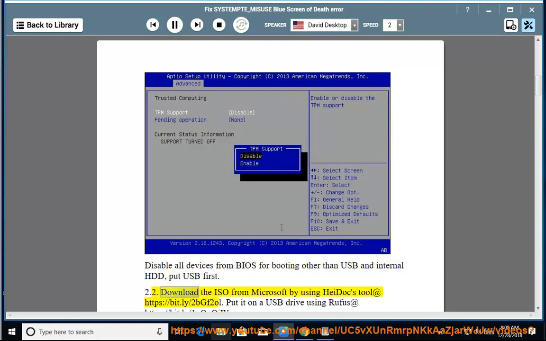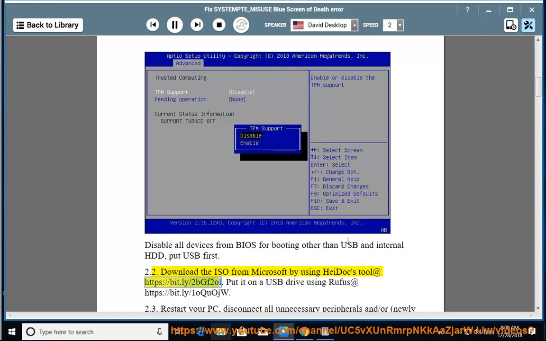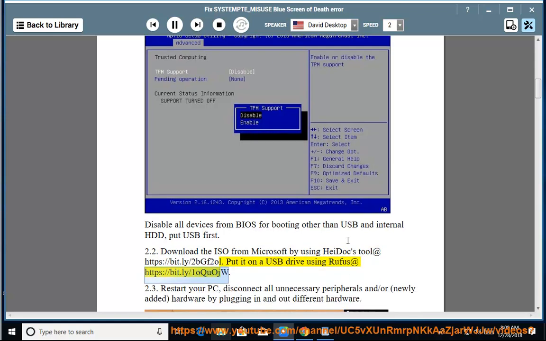2.2. Download the ISO from Microsoft by using the Heidoc tool at https://bit.ly/2bgf2ol. Put it on a USB drive using Rufus at https://bit.ly/10quojw. 2.3. Restart your PC, disconnect all unnecessary peripherals and/or newly added hardware by plugging in and out different